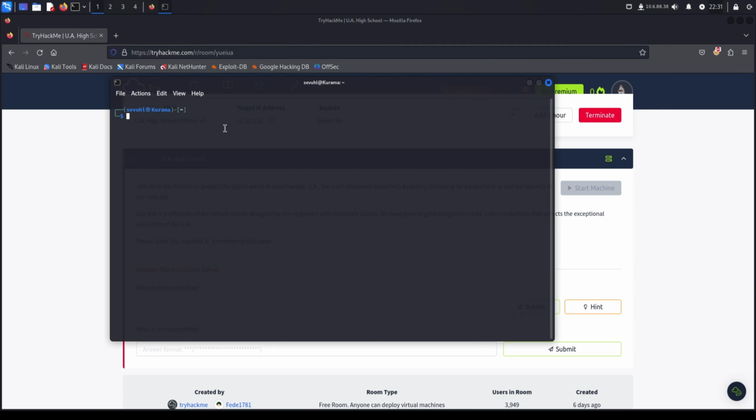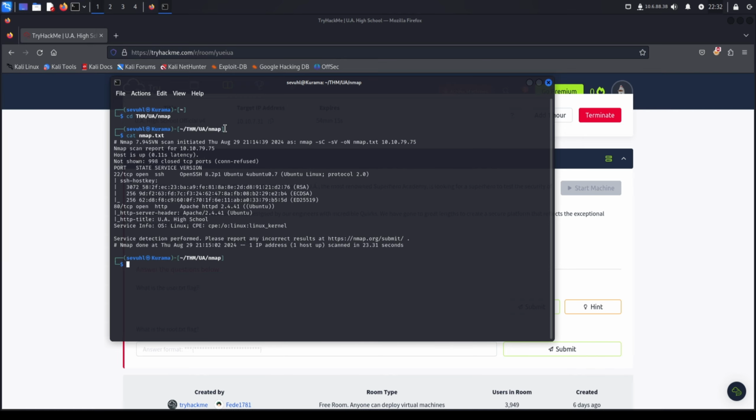I'm going to need to find these port numbers. So I still use the same old nmap scans I did before. That's going to be -sC for default scripts, -sV to probe or enumerate the ports that we do get from the scan itself, and then I want to output that to a greppable file format. I just typically call it nmap.txt. I'll also supply the URL or the target IP that I want, and then I would run that. However, I have already run that for us, so we can actually go and get that right now. If we just go to UA nmap, and then we cat out nmap.txt,